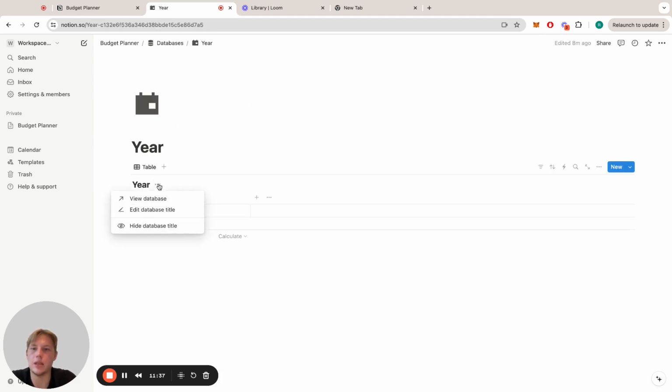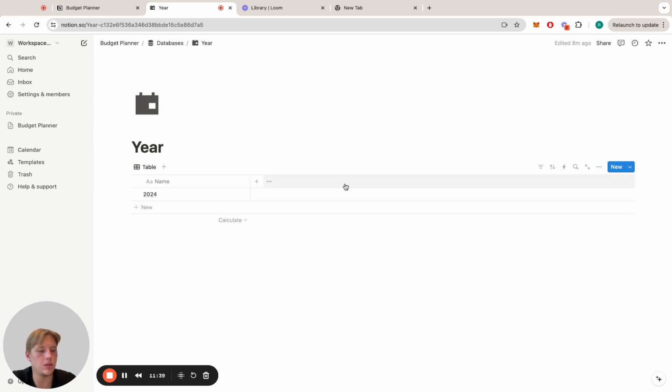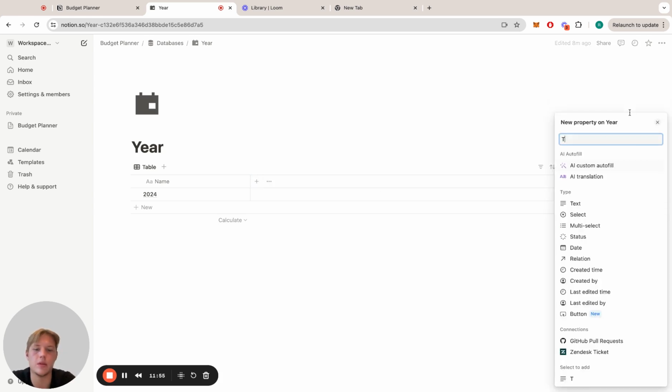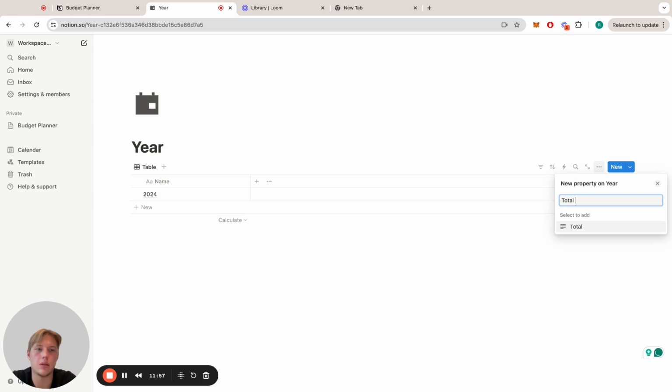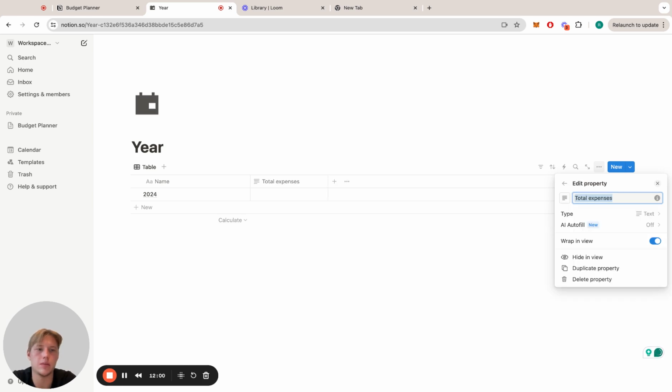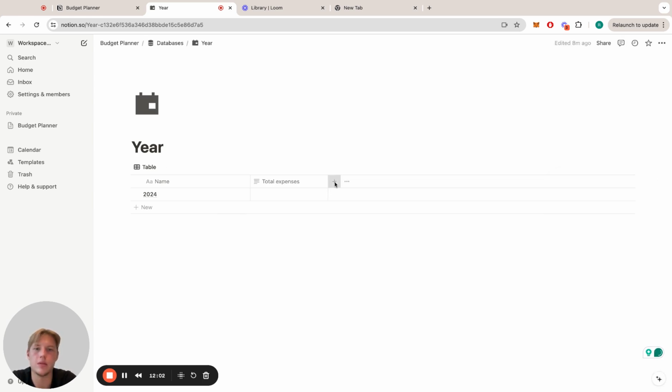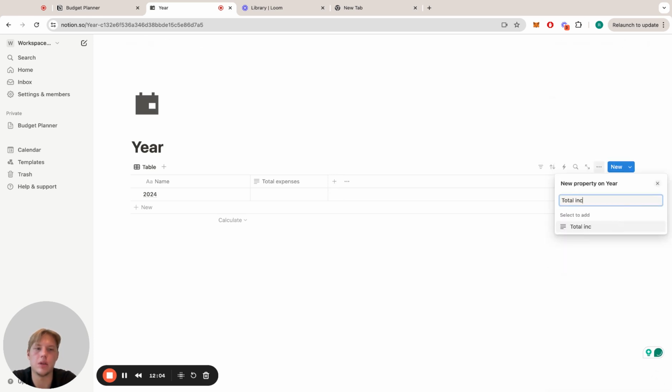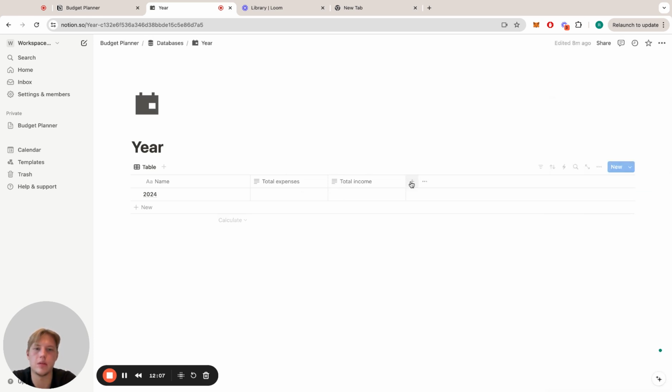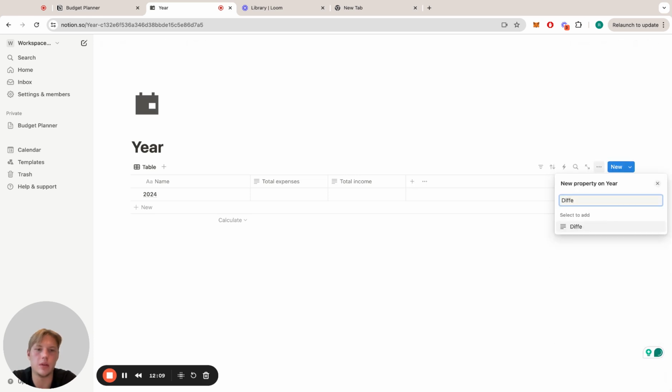We can finalize our year table. So for the year table, we want total expenses, total income, and difference. Total expenses, total income, difference,